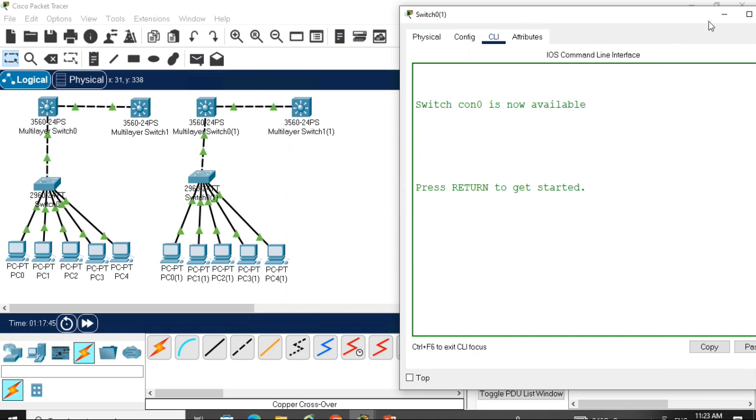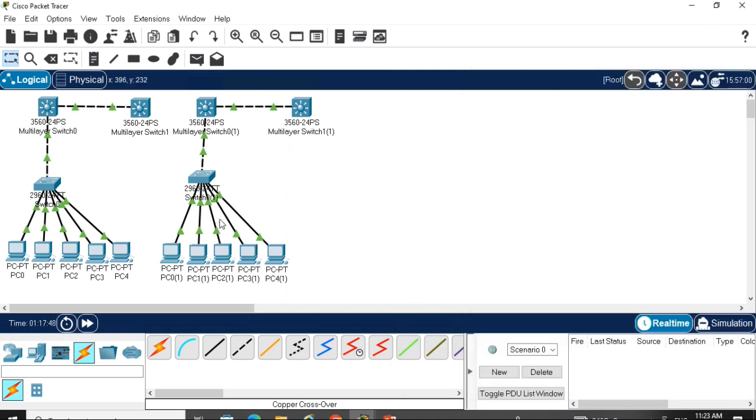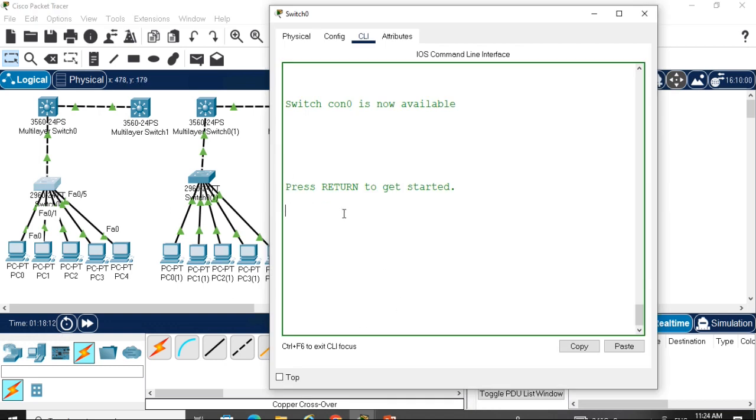Now we'll try to configure spanning tree PortFast. Our aim is to configure spanning tree PortFast in the second scenario's switch, and in the first scenario we are working on normal STP. We will feel the difference between the PortFast enabled switch and the normal STP switch. So here in this switch we can see